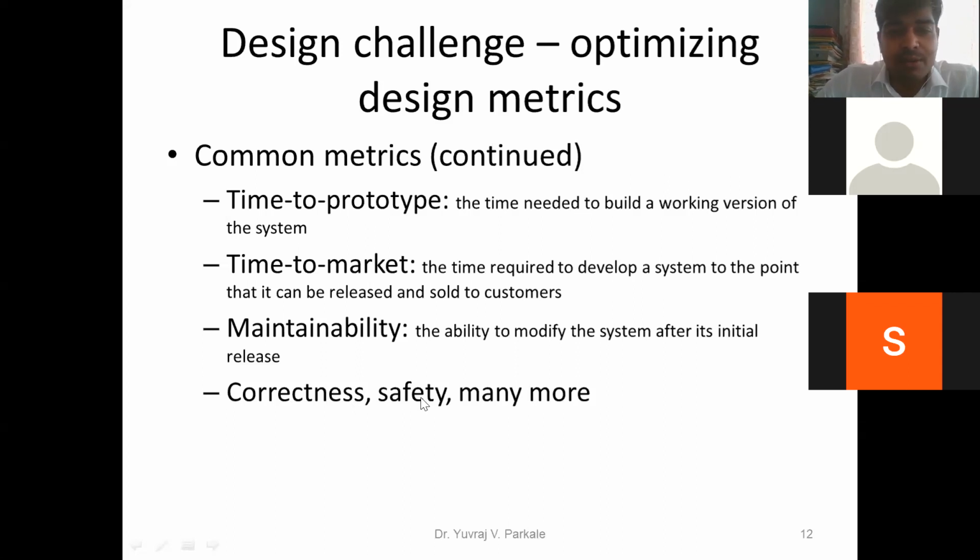Many times Vivo and other Chinese mobile phones get exploded, and there are different accidents. So whether your embedded system is safe is also one of the design challenges. Your embedded system should be safe.